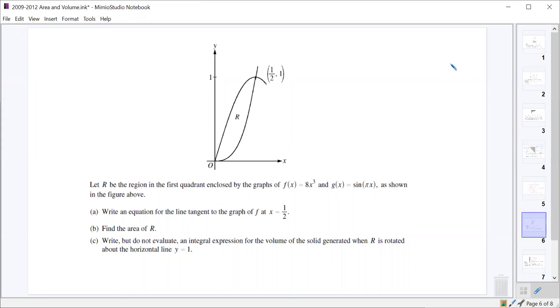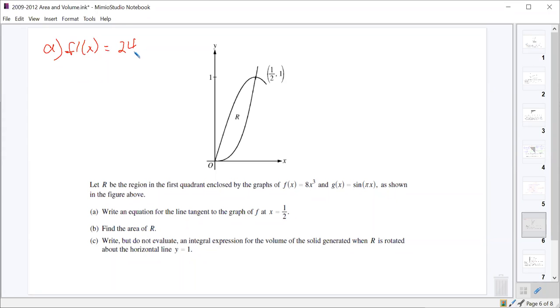Part A for this one is not an area or a volume thing at all, right? We want to write an equation for the line tangent to the graph of f at the point where x equals 1/2. So in order to write the equation of a tangent line, what do we need? Derivative. We need a derivative to start with, right? Because the derivative will give us our slope. So f prime of x ought to be easy enough to find. It should be